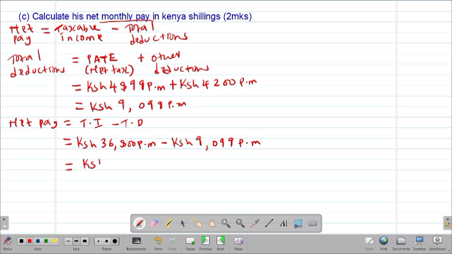You take that 36,800 minus 9,099 shillings. Your calculator will give you Kenya shillings 27,701 shillings per month. Therefore, it means that our net monthly pay will be equal to Kenya shillings